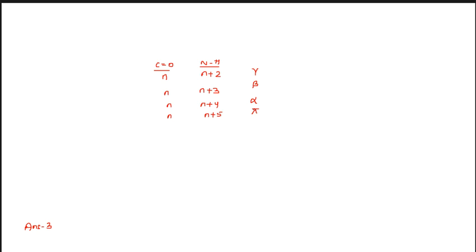So let's see. So the backbone hydrogen bond between the carbonyl group and the NH group for alpha helix is N plus 4. Okay, simultaneously you have to remember for the beta helix also, gamma and pi helix also. For beta it is N plus 3, for gamma it is N plus 2, and for pi it is N plus 5. Got it? So also you have to remember about some properties of alpha helix, like say for example amino acids